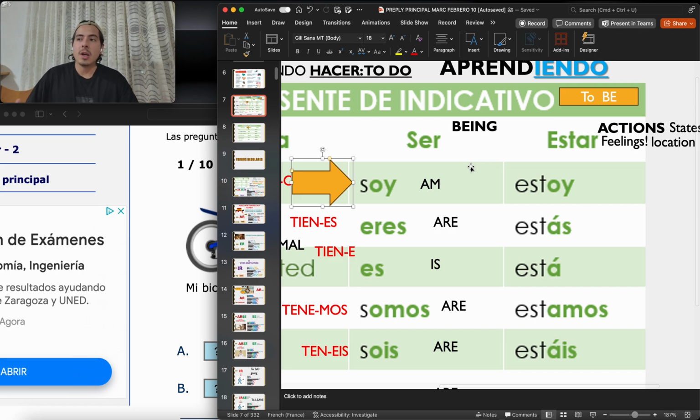You guys will hear a lot that the main difference between ser and estar is that ser is something permanent and estar is not permanent, something that can change. But don't focus only on that, because sometimes those things can actually change. Like soy Mark, soy profesor. Technically right now those are permanent, but they might change in the future. For example, soy profesor, but maybe tomorrow I'll stop being a professor. So there will be cases where things are slightly less permanent, and that may be confusing. So just focus on that ser